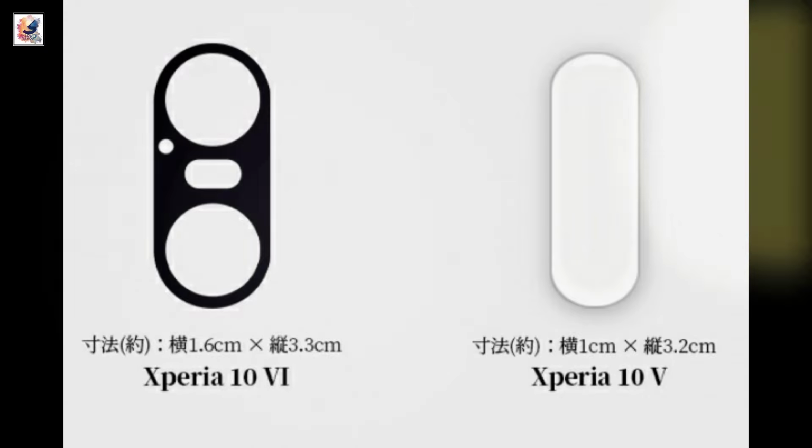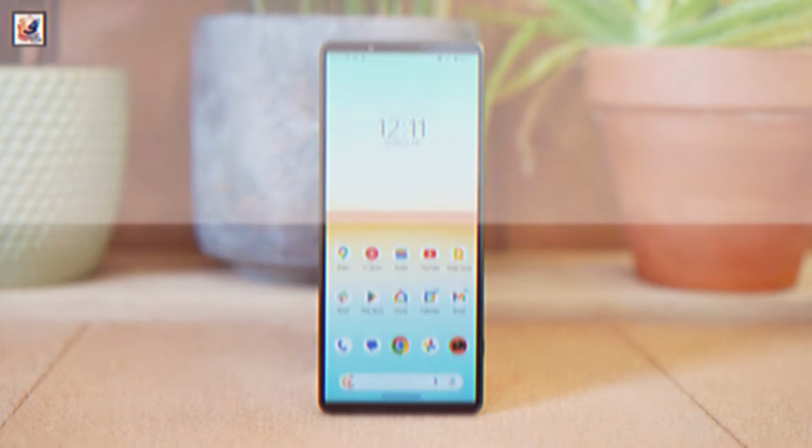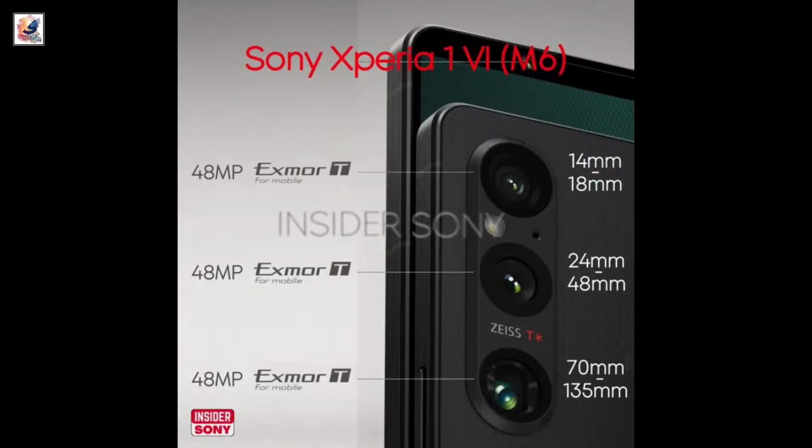Less than a week ago, the phone's camera island leaked, and the price leaked. The phone will allegedly cost slightly less than its predecessor, going for $1,224 instead of $1,288. The biggest Sony Xperia 1.6 leak so far details its camera, which will apparently include a 48MP main camera,